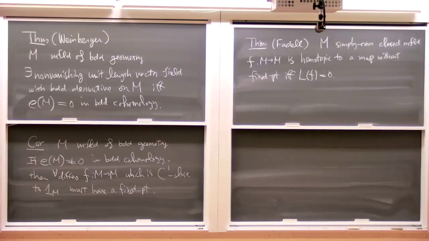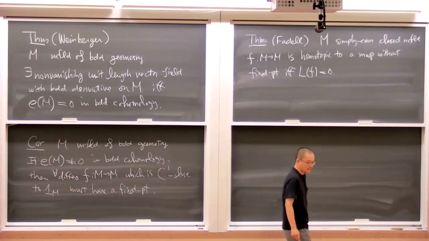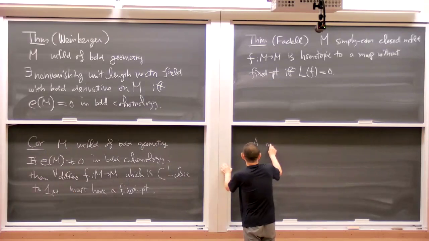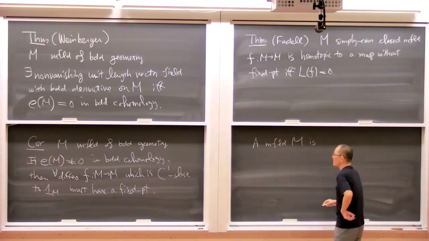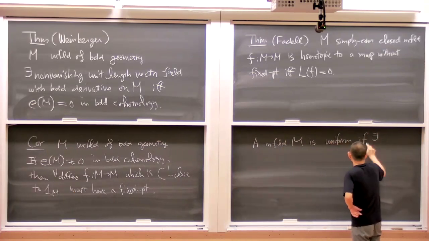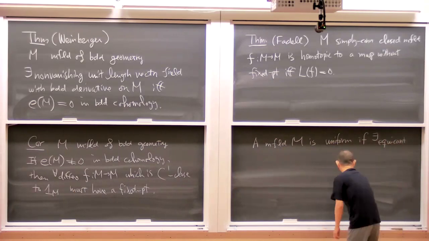But to this end, we need to assume the following technical assumption, right? A manifold M is uniform if there is an uniformly equicontinuous